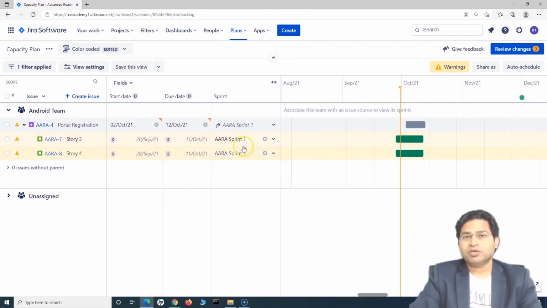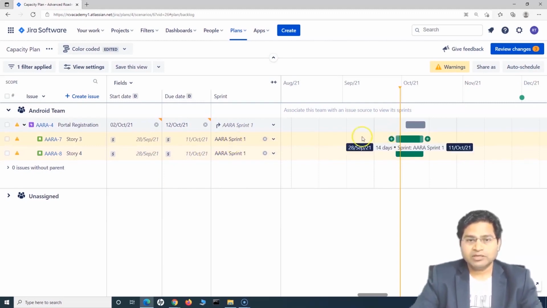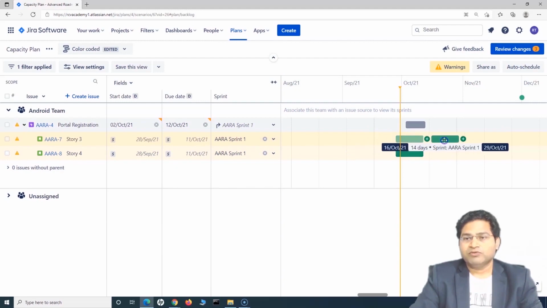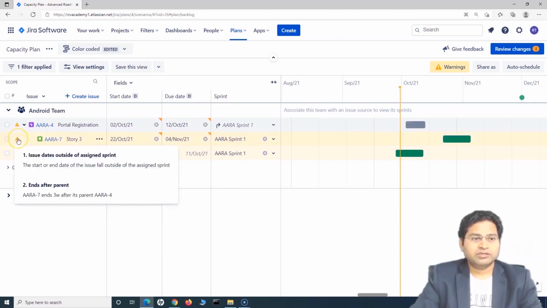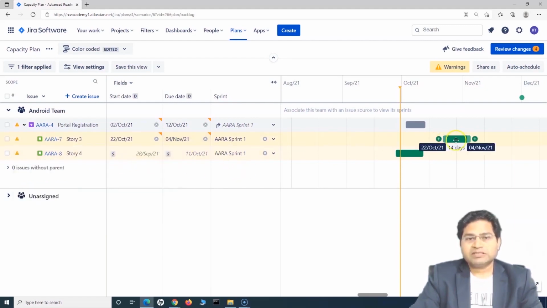Not both, because then it will cause issues. I mean, you can use both, but it has to be within the sprint range. So say for example, the sprint is of 2 weeks. Then in that case, let's move this here. So we get here, we'll see the issue. Now this is having 2 issues, issue dates outside of the assigned sprints. So in this case, I have to have it within the sprint, and it has this start and end date as well. You can have both, but you have to make sure that the duration for the issues is within